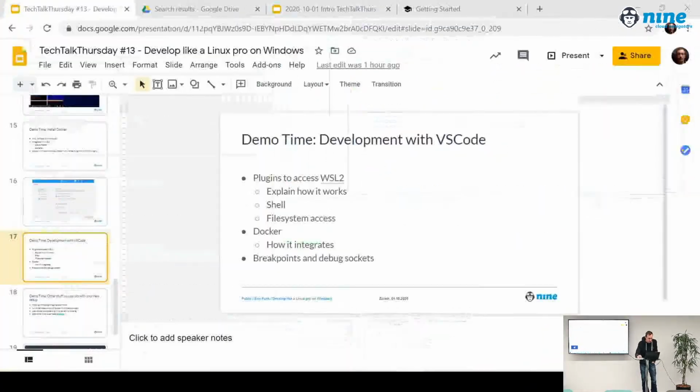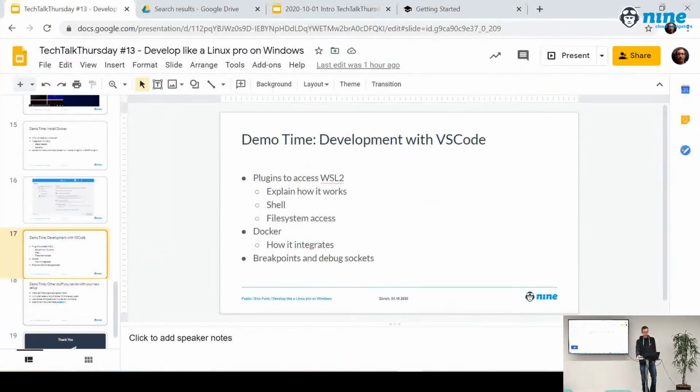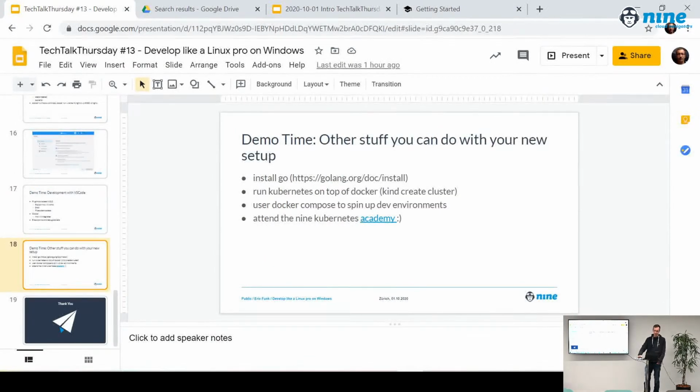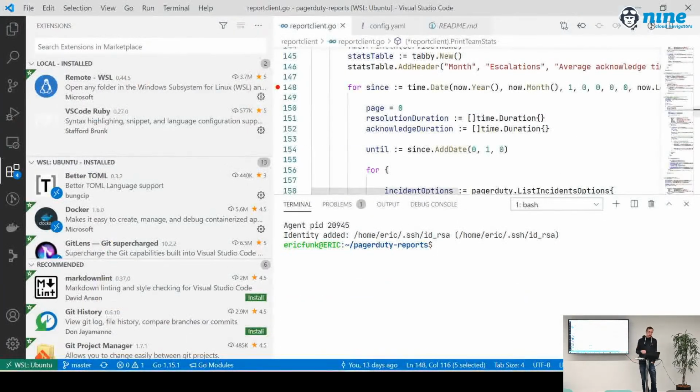So we've seen Visual Studio Code, and now we've got 10 minutes left. And as a last thing, we want to play with some Kubernetes. And that's also very easy now, because we have already seen that kubectl is already included in the whole thing, and we've got Docker, and there's an easy way to spin up a cluster. And that is interesting because, for example, we do the Kubernetes Academy, and some people turn up with a Windows laptop, so we have a problem.